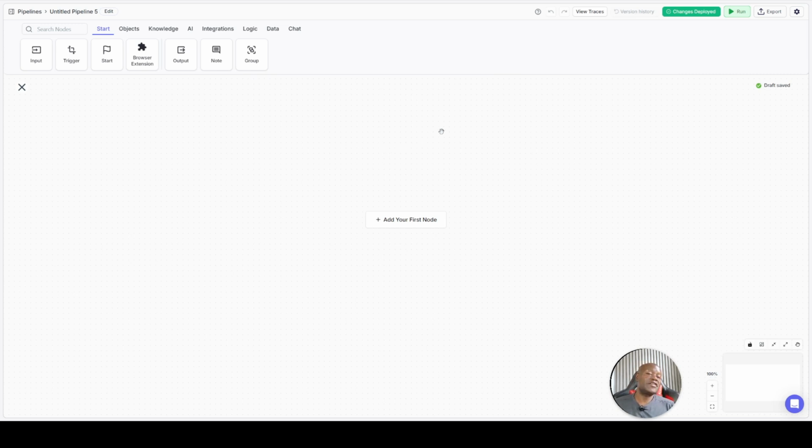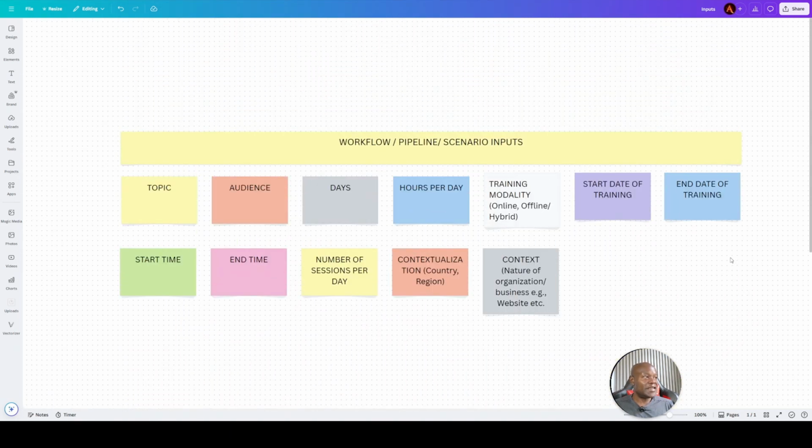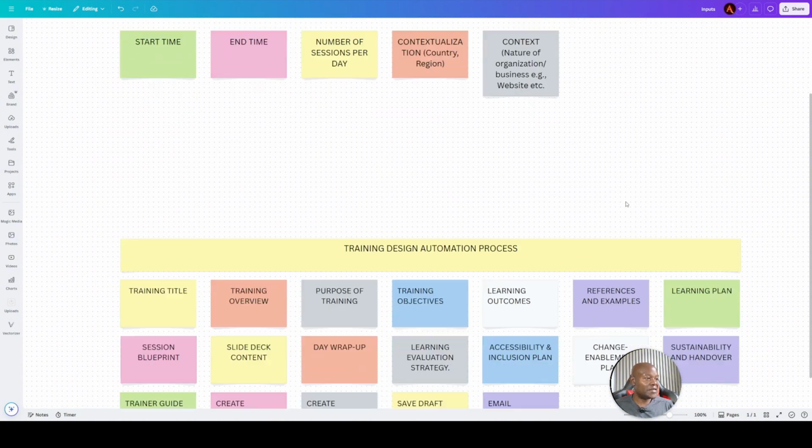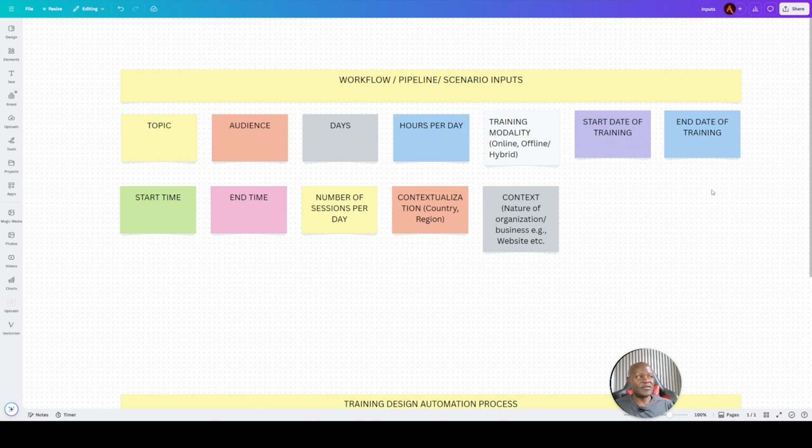When we're building a training program design automation, we must have some inputs that we produce, and then go through a series of steps and processes and then get an output. So we shall start by building the inputs and testing them. And once we are done with building the inputs, we shall continue with the process step by step. So going back to our training program design, we said inputs will be topic, audience, days, hours per day, and training modalities, and all these other things. So we shall take each of these and create an input for our